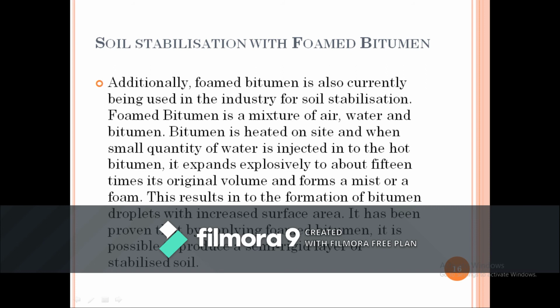An additional benefit of calcium chloride, particularly in cold regions, is its ability to decrease the freezing point of water, consequently providing enhanced resistance to frost heaving. So calcium chloride, what is the main thing it will be doing? Mainly it decreases the freezing point. Because of this we are finding it used more in cold regions. Because of this, the resistance to frost heaving action is also increased. Because of all these reasons, we are finding this calcium chloride usage in soil stabilization.